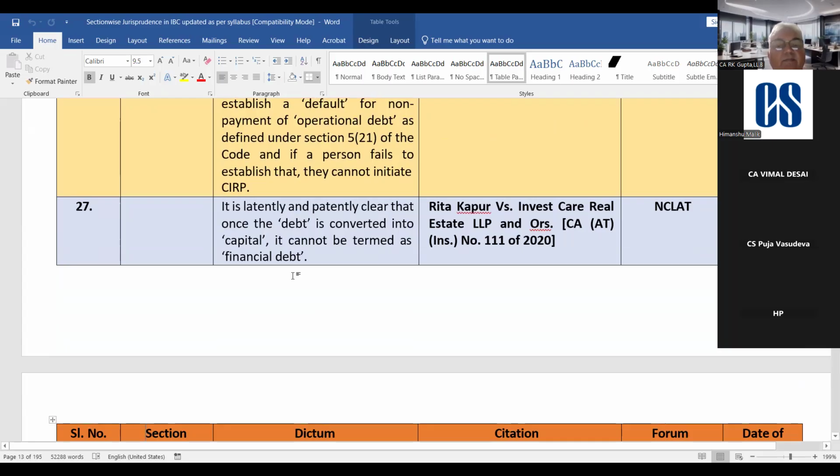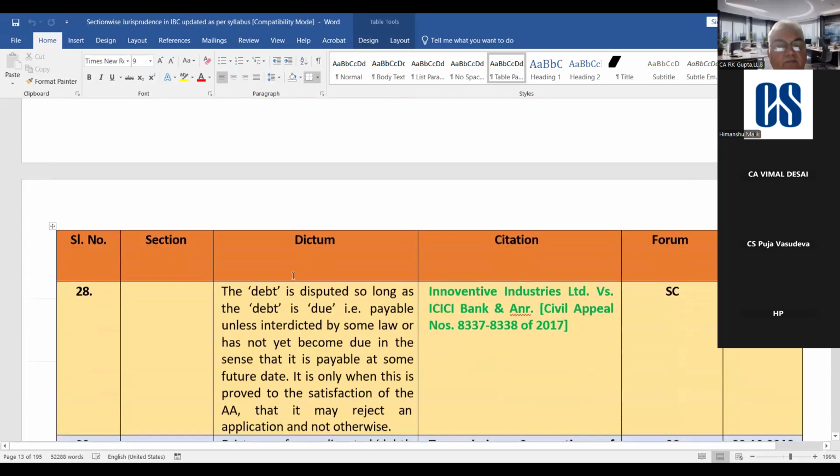It is latently and patently clear that once the debt is converted into capital, it cannot be termed as financial debt, ठीक है। मान लीजिए आपने डिबेंचर्स इशू कर रखे हैं, आपने डिबेंचर्स को कन्वर्ट कर दिया इक्विटी में, तो क्या वो फाइनेंशियल डेट रहेगा, the answer is no, ठीक है। So if the debt is converted into capital, it cannot be termed as financial debt, ठीक है।